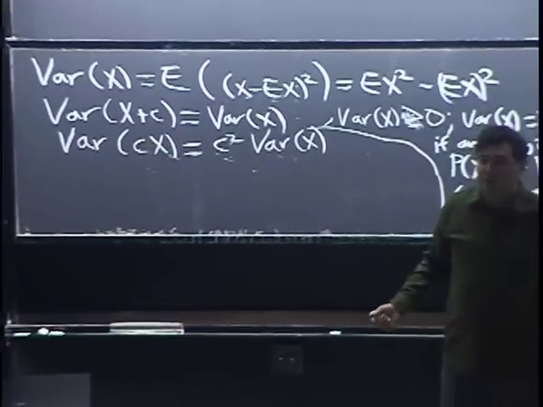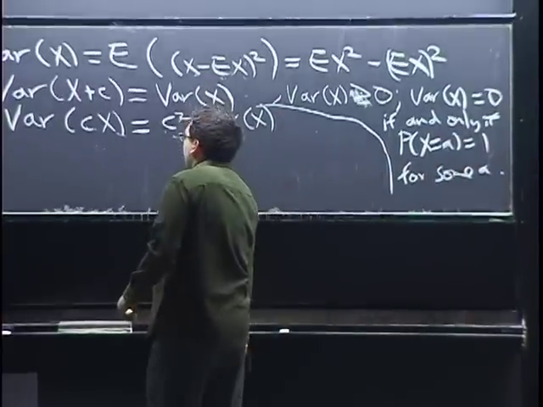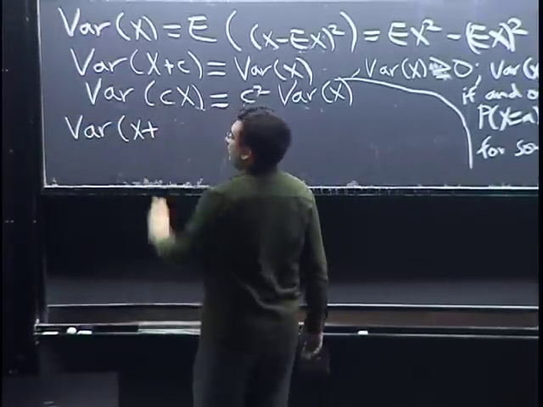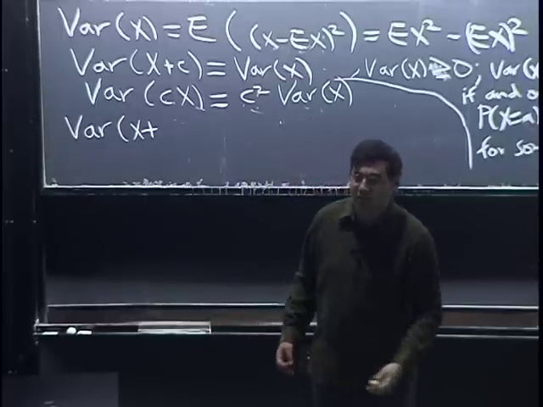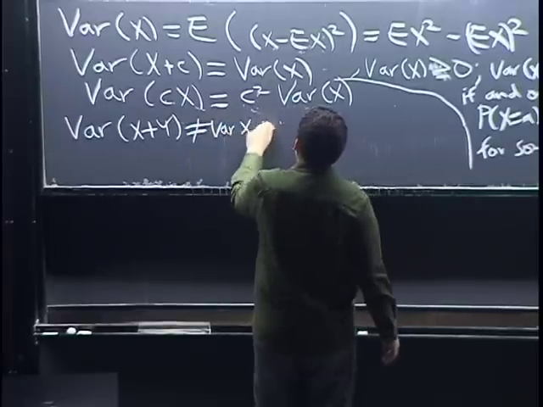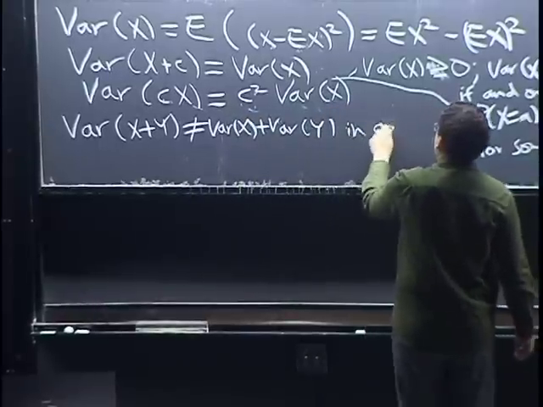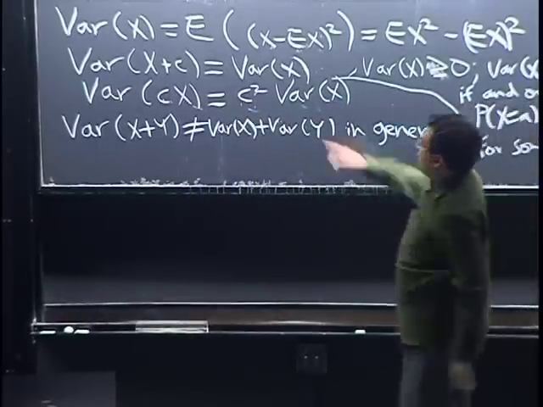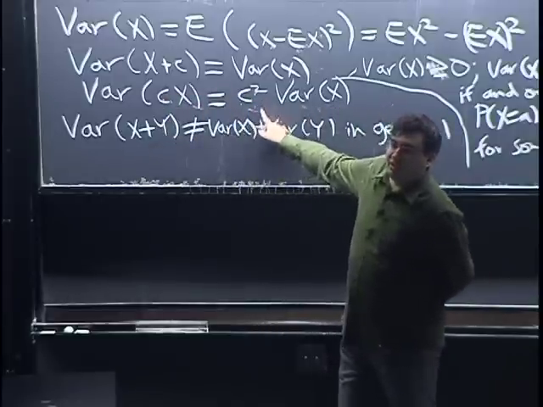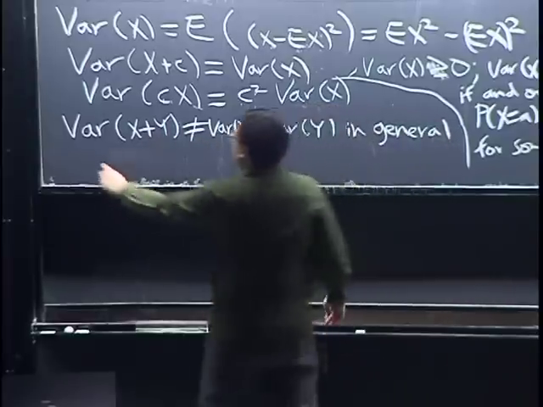We'll do a lot more with variance after the midterm, but one other thing to point out for now is that variance, unlike expected values, is not linear. So the variance of X plus Y is not equal to the variance of X plus the variance of Y in general. It may be equal, but it's not necessarily equal. So actually it violates both of the linearity properties. If it were linear, we would want constants to come out as themselves, and here it comes out squared, and we can't say the variance of the sum is the sum of the variances. It is equal